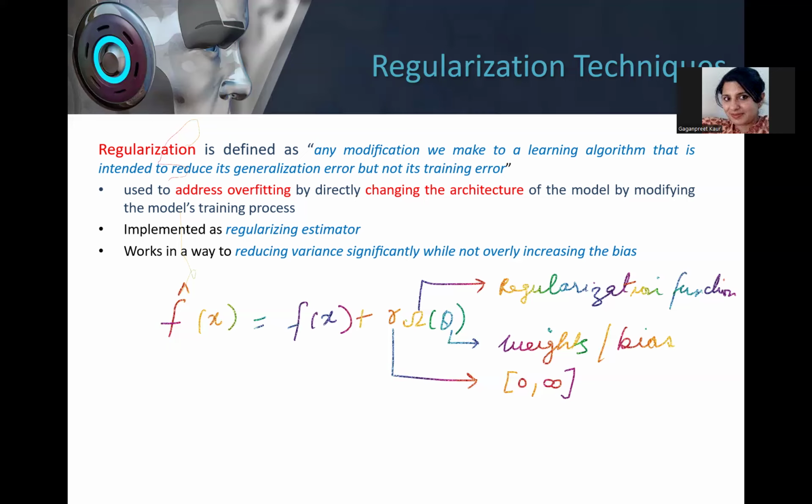So you can change the architecture of your model, or you can change something in the process, meaning the weight updation in my optimizer. To implement this, changing architecture is not a feasible option everywhere unless my model is performing very badly. So the other option is that I have to regularize the estimate, meaning my approximation function between fx,